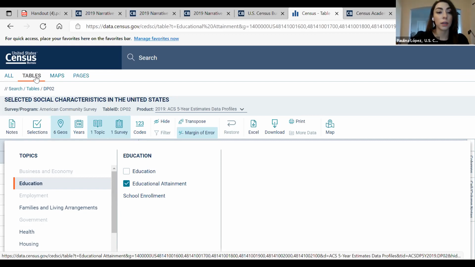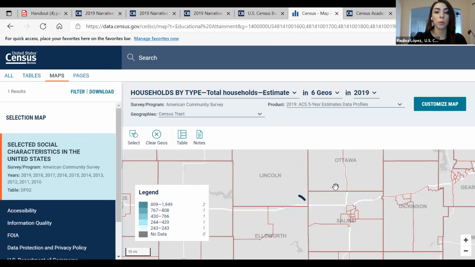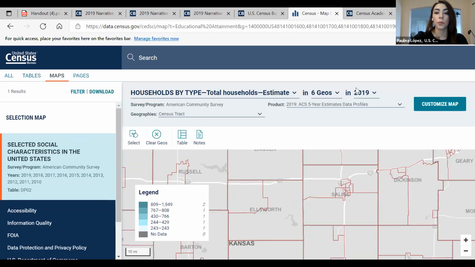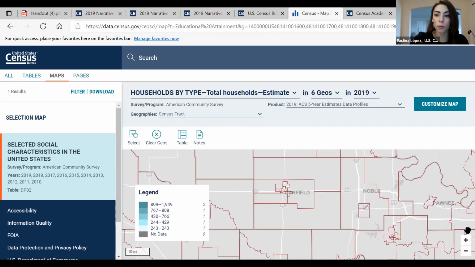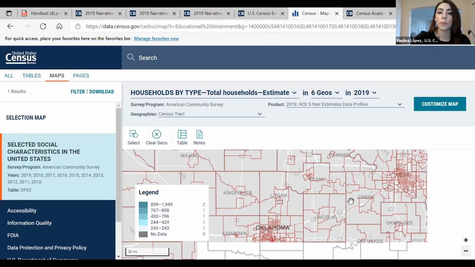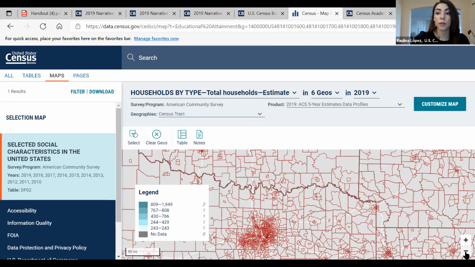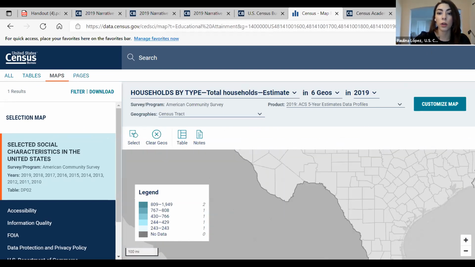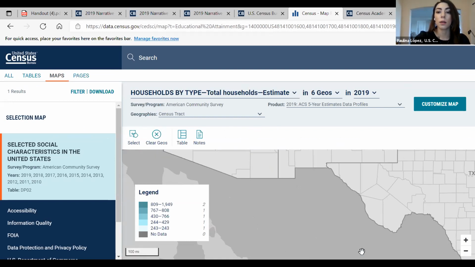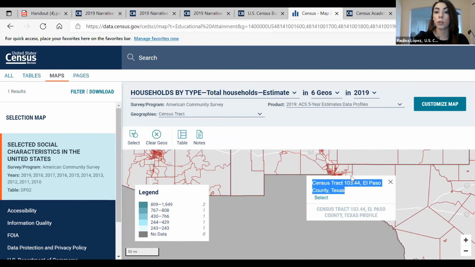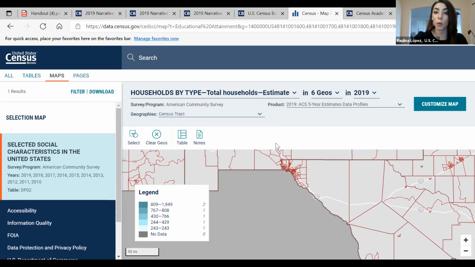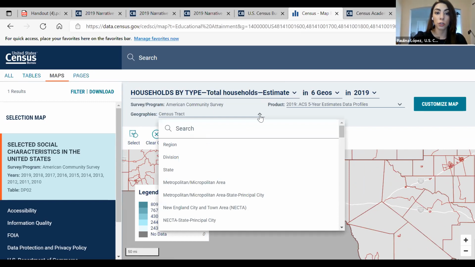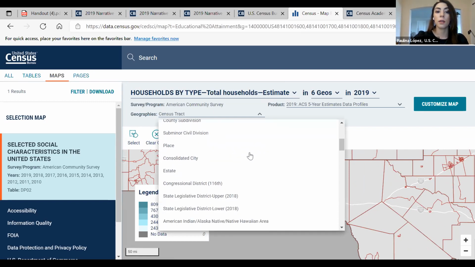So data.census.gov is very flexible in that you can work your tables, you can work your maps using that data. I don't know why I took New Mexico over here, but you can really customize that information depending on what you're looking for, down to very low levels of geography. So again, if you're working with census tracts, if you're working with zip codes, you can change your geographies and go from there.